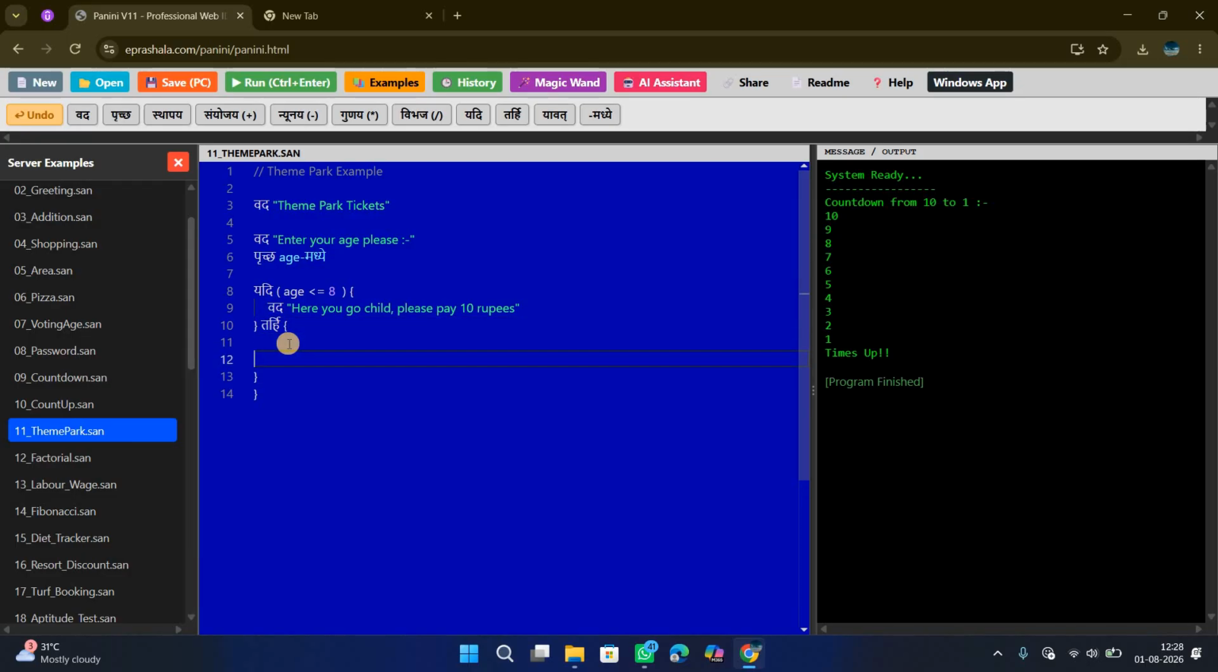Else. Now carefully look here. We are going to put an if statement inside an else statement. So carefully look at this piece of code. Yadi age is lesser than or equal to 18, so we will print here Yavata, please pay 30 rupees,